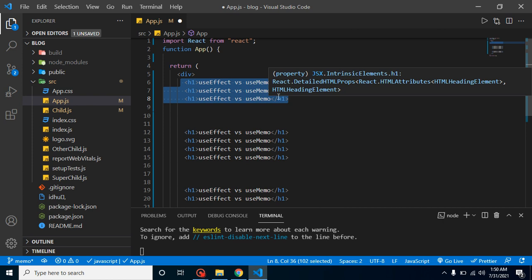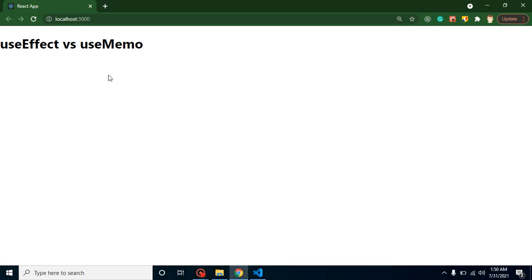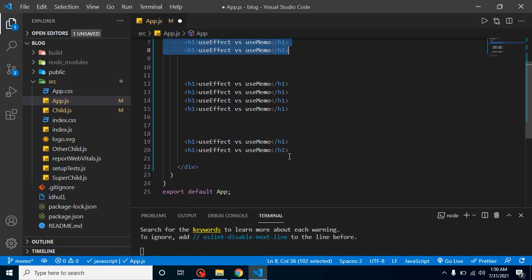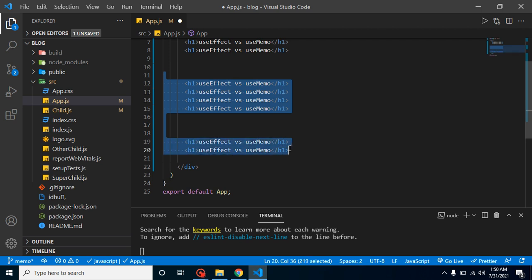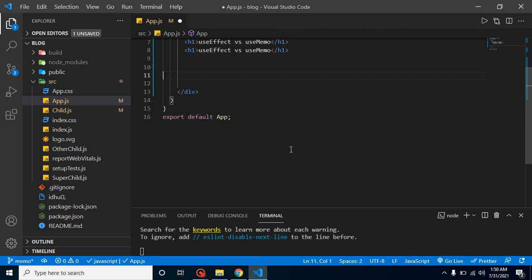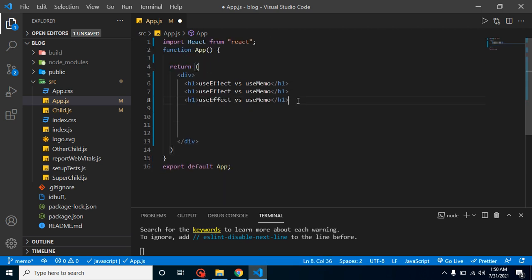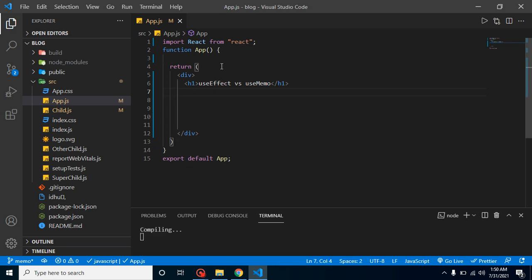First of all, I will give you the example of useEffect, and then we will go with useMemo, right? So as I told you, we don't need these extra h1 tags, so I'm just going to remove them. As I told you, useEffect is basically used as a life cycle hook. So whenever we create our component or refresh our component, it will be called automatically, right?